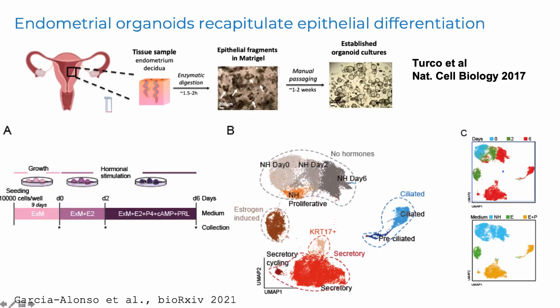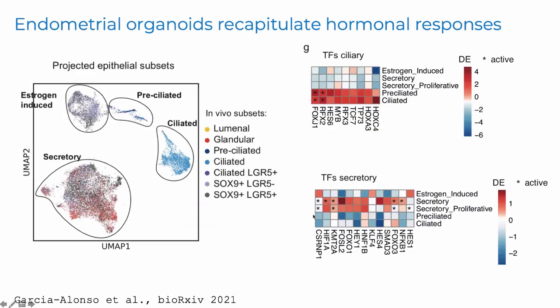So we profiled them because the first thing was to benchmark the model. We profiled them by single cell. By markers, we can annotate the different ciliated and secretory lineage. But of course, we wanted to benchmark it in a more quantitative way. And to do that, what we did is build a logistic regression model using our in vivo epithelial cells, and we project it into the organoids. And I just want to mention here, we just consider the cells that are induced by hormones, because in vivo you always have hormones.